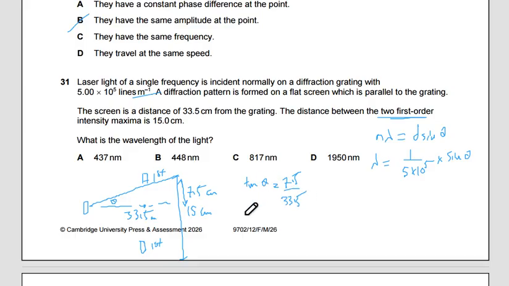So if we want theta, we should calculate tan minus 1 for the same ratio. It gives 12.62, and we then substitute this value here. The answer will be